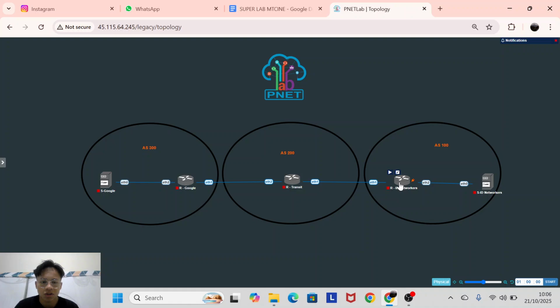So you have a transit router, maybe you use BizNet or Telkomsel or another ISP to connect to Google, because our autonomous system is different from Google. We must use the BGP protocol, with a transit that is another autonomous system too.